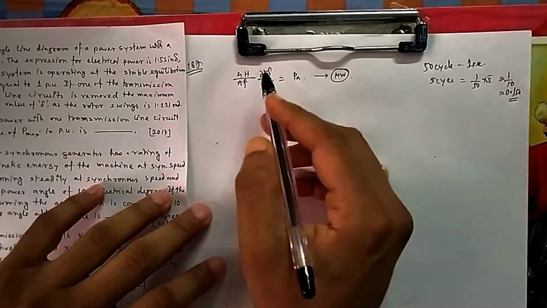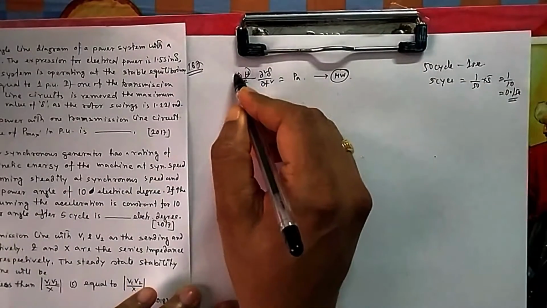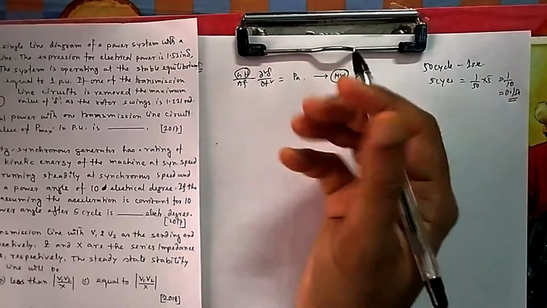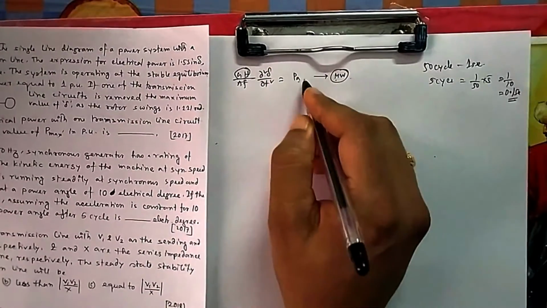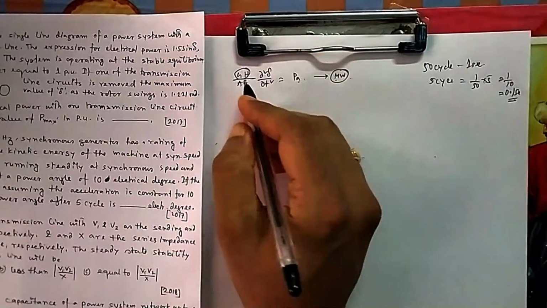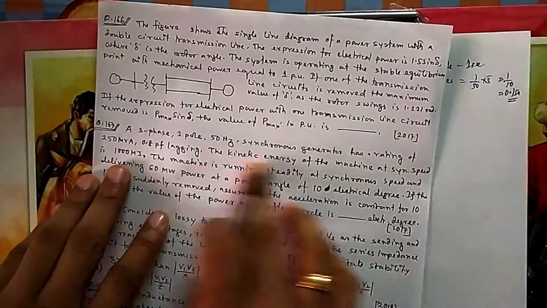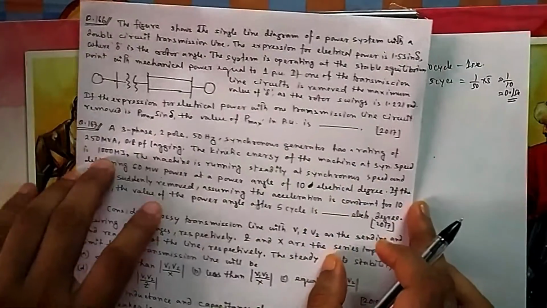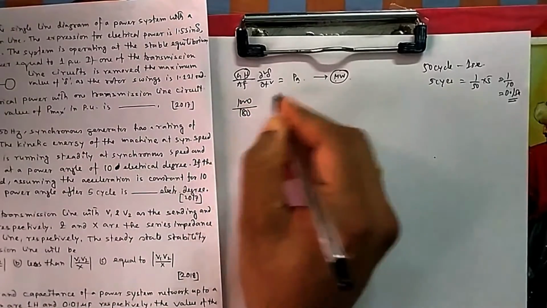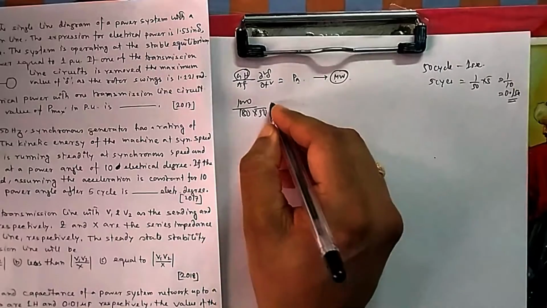So this one is the swing equation. Here I have written it not in per unit format, because this GH is given as an absolute value. It is not in per unit because the total kinetic energy is given. So it is in megawatt now, acceleration power, everything is in units. Per unit would be H by GH, but here GH is given directly because total kinetic energy is equal to GH, that is 1000 megajoule. So everything on this side also I will write in mega. Because they are asking in degrees, that's why I have written pi here.